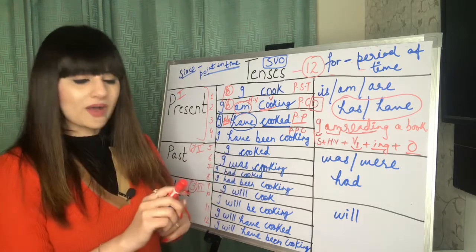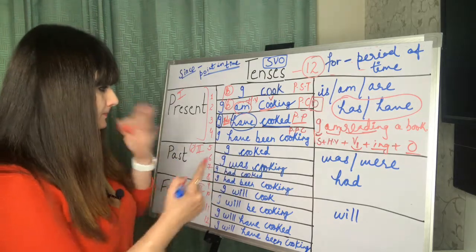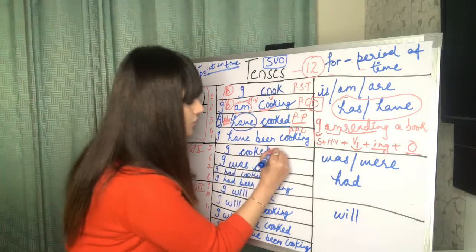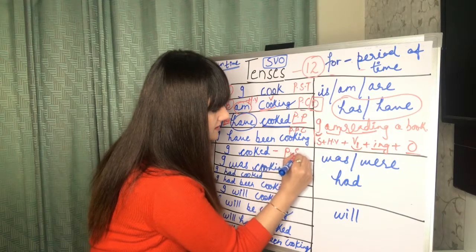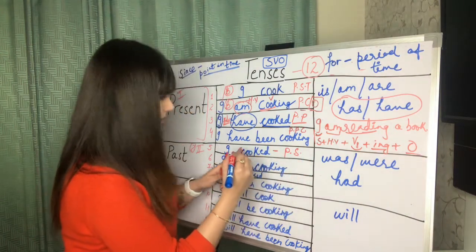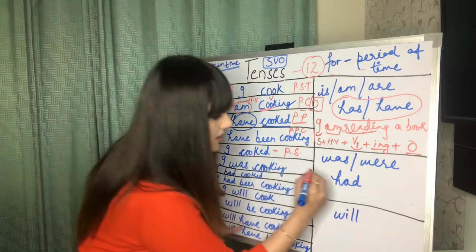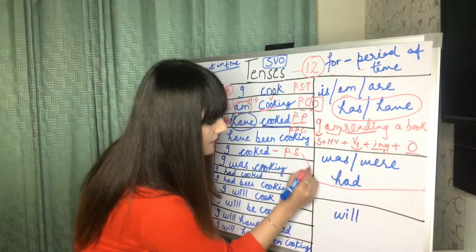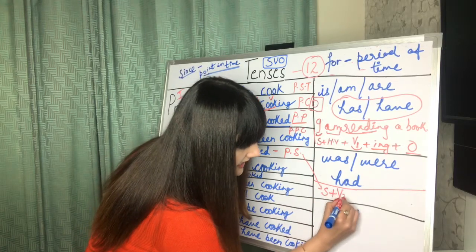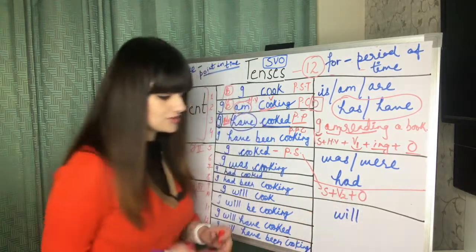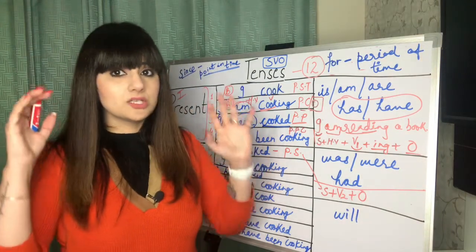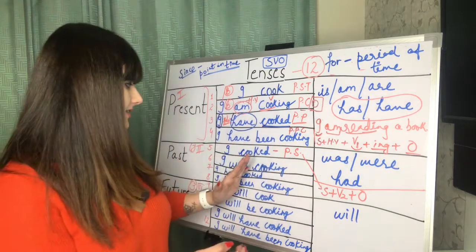here just one thing I want to add. The rule for the past simple, here I'm talking about past simple. What you need to remember is that we use the past simple, which is your subject plus second form of the verb plus object. So please pay attention here. Many people make a lot of mistakes here.